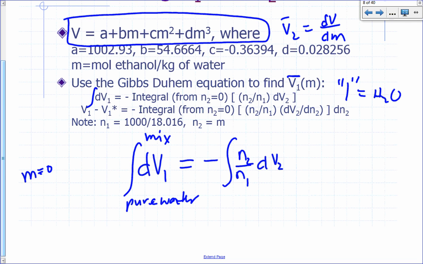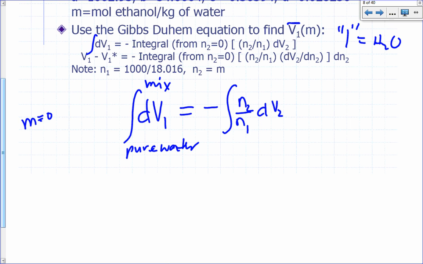What would that be? The integral of dV1 would be V1 bar, and I forgot the bar there. So that's V1 bar minus V1 bar pure, I'm going to use a star,